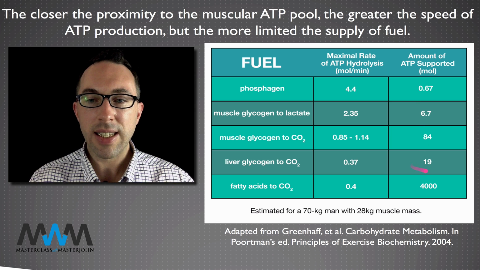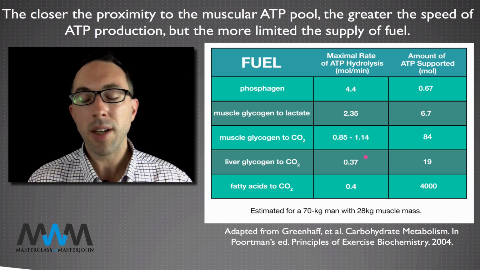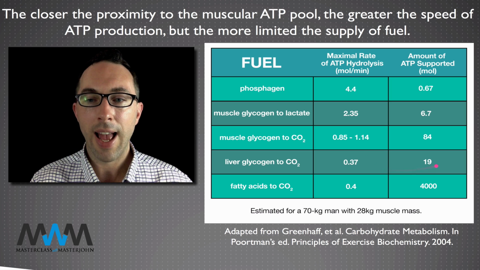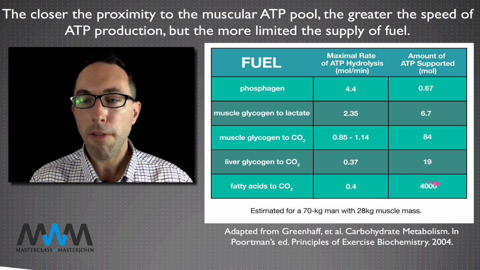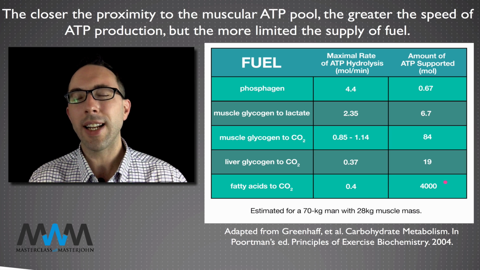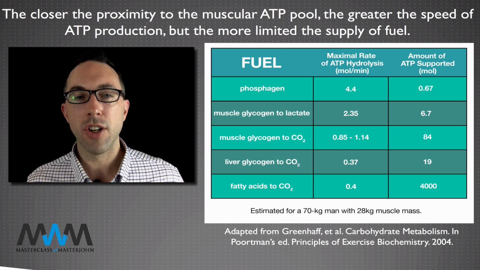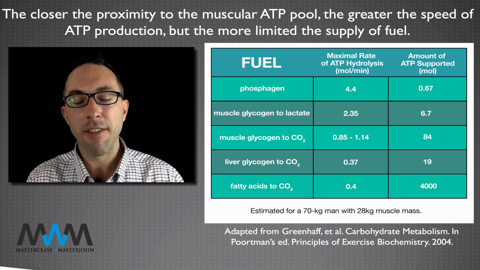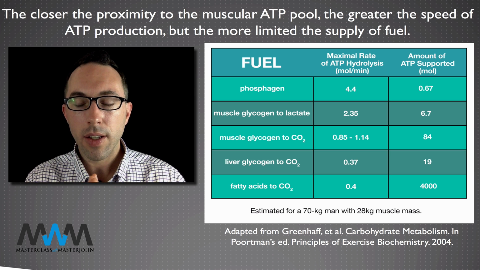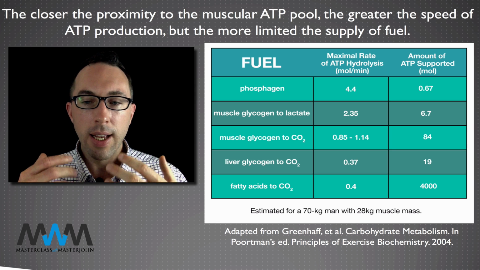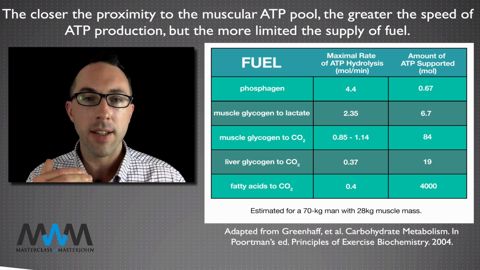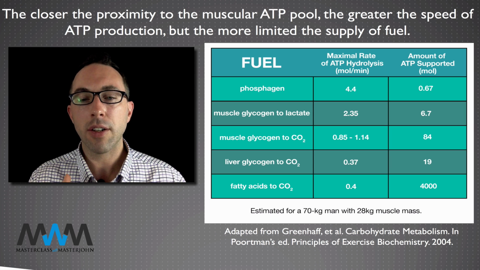Now, liver glycogen is an exception to this relationship because your muscles just store a lot more glycogen than your liver does. So there's not as much available and it's slow. But if you look at fat, fat is slow, and yet there's this enormous quantity of fat. Even a lean individual has 30 times more fat than they have glycogen. So we're talking about an enormous amount of energy that's very slowly burned when we're talking about deriving fatty acids